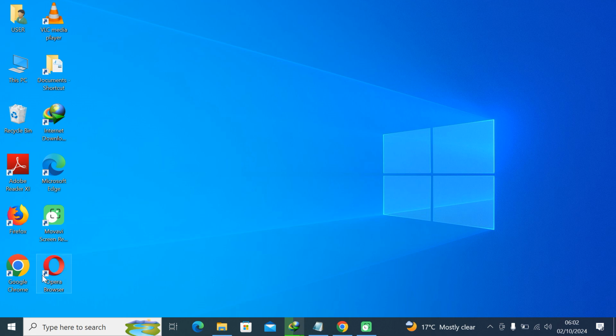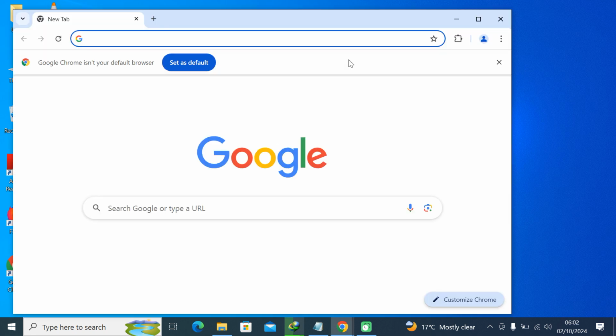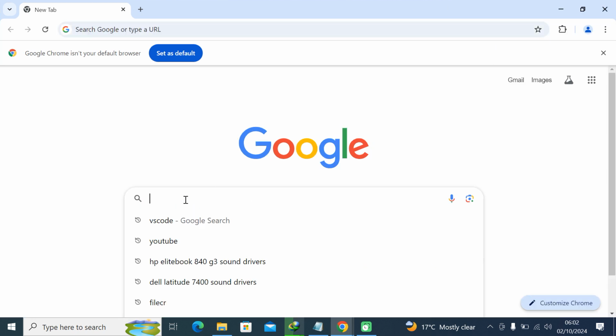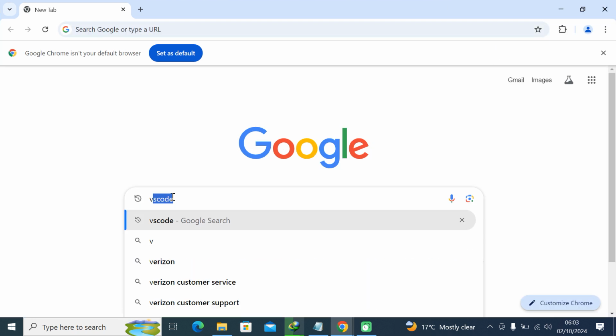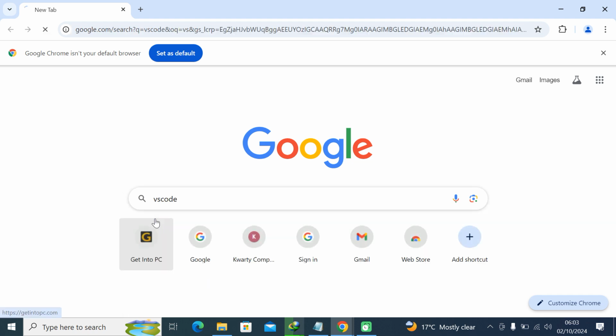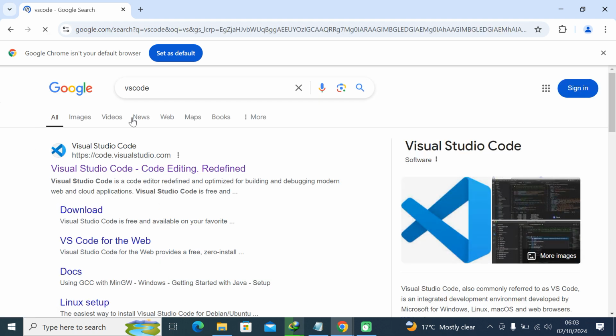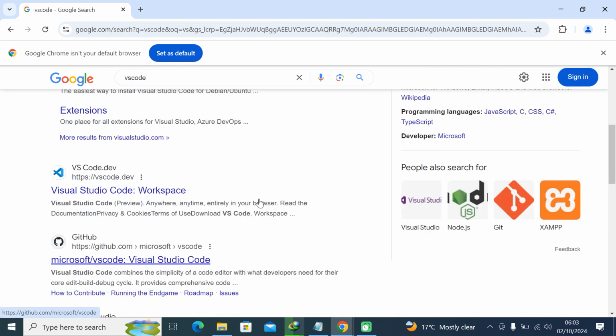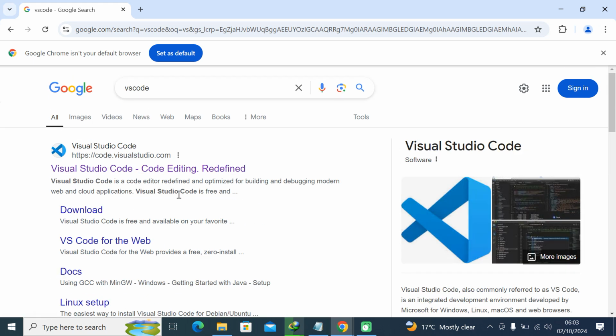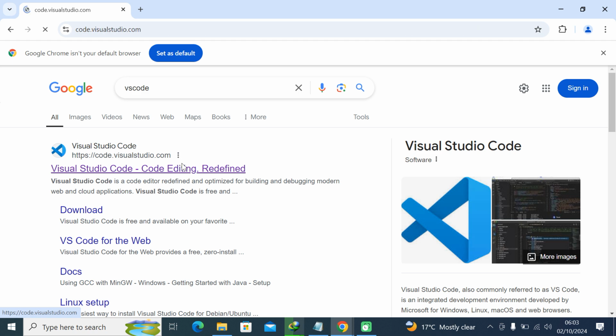So right away, open your favorite browser and in your Google search bar, type in VS Code. It is going to bring you different options. You're going to go to the official website of Visual Studio Code, that is code.visualstudio.com. I'm going to put the link in the description. So click on this website